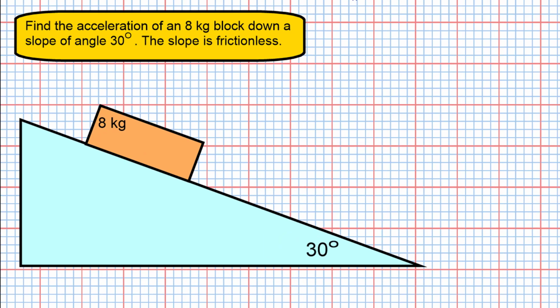An 8 kilogram block is on a friction-free slope at an angle of 30 degrees. And we've been asked to find the acceleration of the block down the slope. In order to find the acceleration of something, we must have a way of finding the unbalanced force acting on the block. Now to do that, we must draw in our forces acting on the block